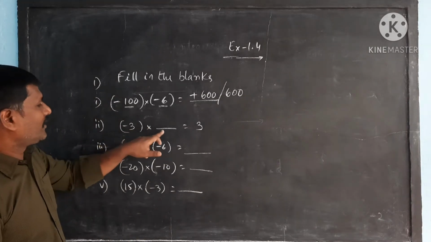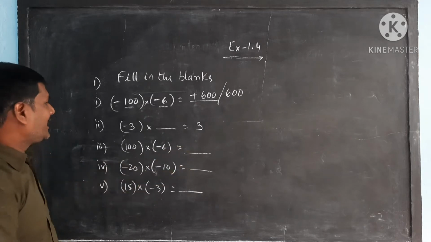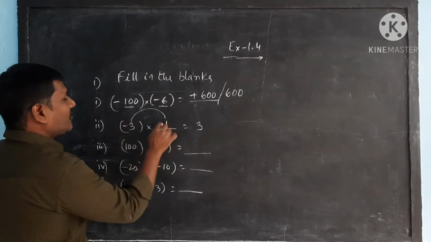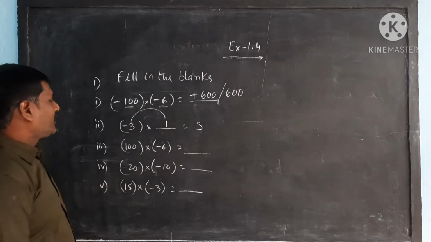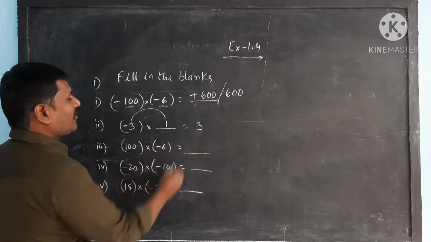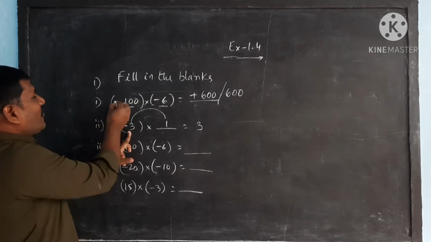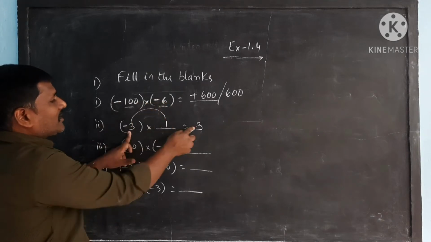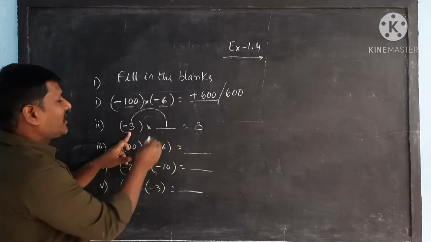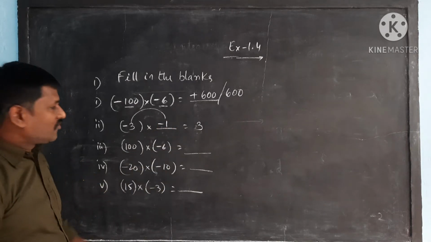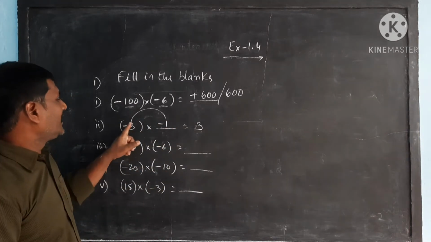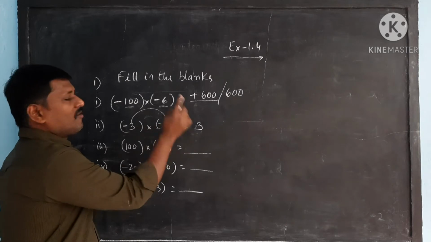Let us see the second one. Minus 3 into minus 1, you get 3. As you know, if 3 is multiplied with 1, you get 3. But what could be the sign? Because both are minus, it is plus, when the minus signs cancel. As we discussed in the first one, when minus sign is multiplied with minus sign, you get the plus sign. So minus 3 into minus 1, you get a plus 3.